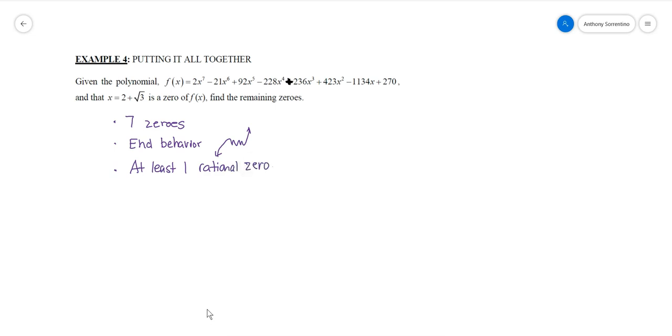I have to have at least one rational zero. Some other information I can deduce from this: if I'm going with Descartes' rule of signs here,